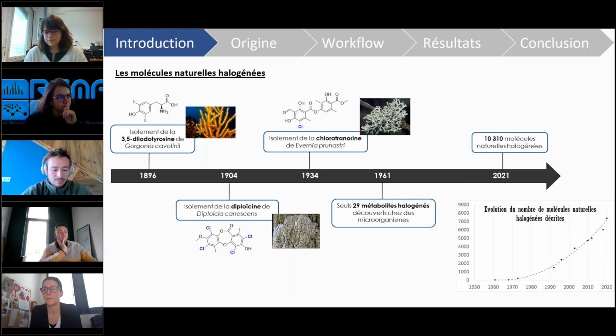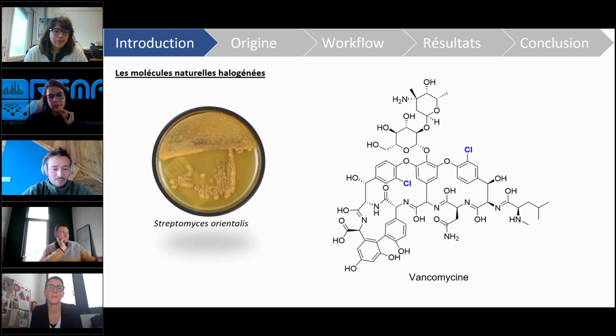If we go a little more into the details, those compounds can be quite interesting for many aspects. I wanted to cite at least one, vancomycin, a compound used as an antibacterial in pharmacy. It has been shown that if you remove the chlorine atoms from the structure, it completely loses its antibacterial activity. So those atoms are quite important for the activity of some compounds. I wouldn't say it's the case for all of them, but at least they confer some interesting physicochemical properties.